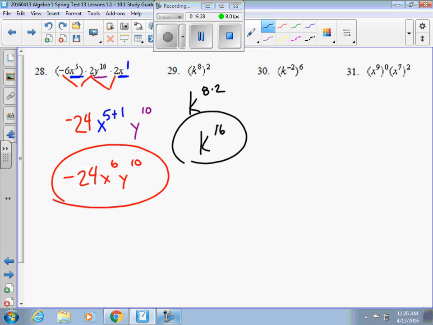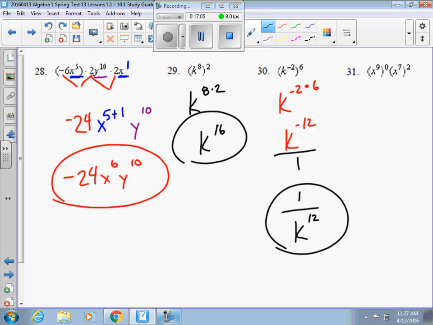For number 30, you got k to the negative second to the sixth. Again, multiplying, raising a power to a power means to multiply them. k to the negative 2 times 6 gives you k to the negative 12. At this point, though, you have something raised to a negative exponent. You can't do that, so it has to ride that elevator. Remember, everything's over 1 if there's no fraction. So 1 stays on top, k goes down, and it turns into a positive exponent, 1 over k to the